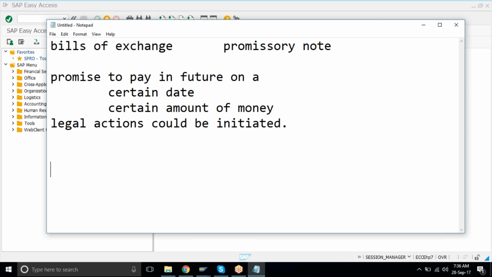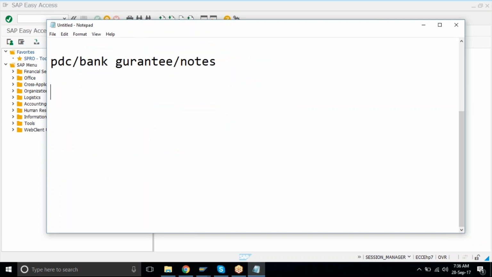That security is your promissory note or bill of exchange. That security can be in the form of a PDC, that's post dated check. It could be a bank guarantee, or any format of notes, any other type of notes that is being accepted in your legal or the local country.